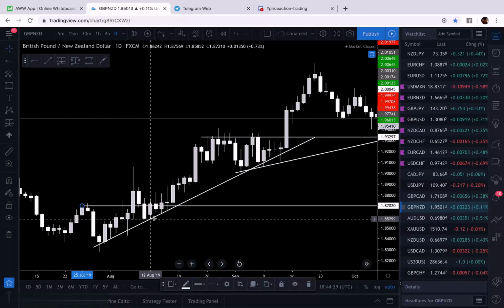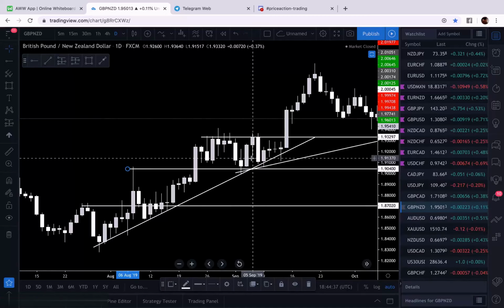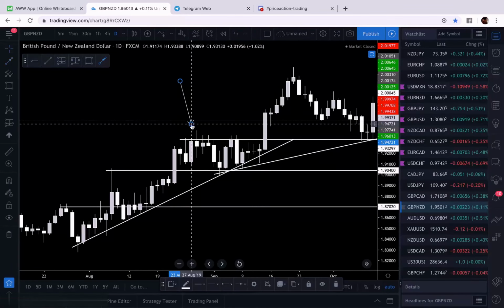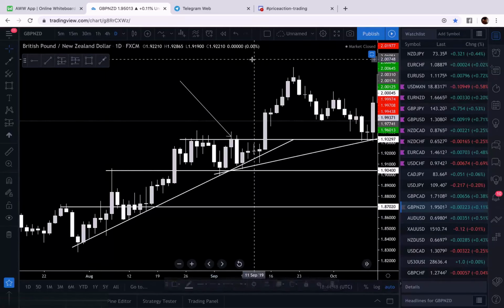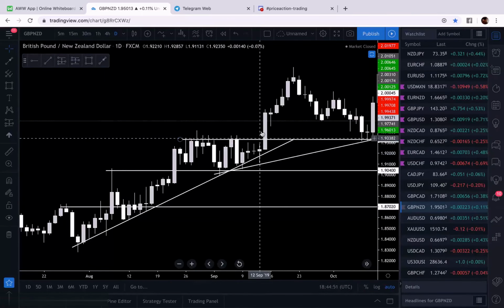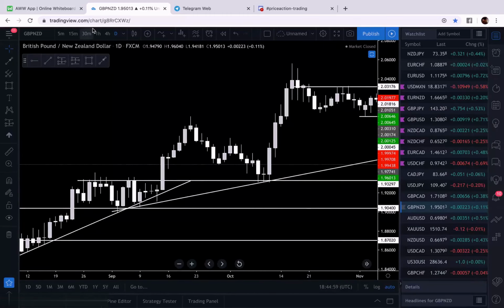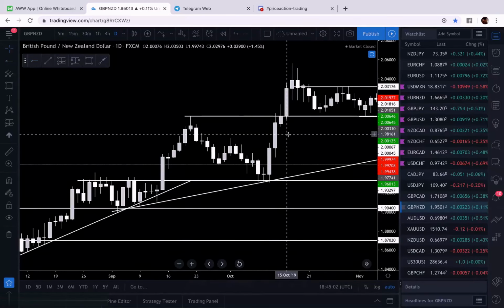tested as support, came down to the trend, tested and went up, and then price looks like it broke above that previous high right there, came down and tested it as support and started bouncing and started going up. Then price had cracked above this high right here, like that's the high, there's a second high of resistance. So price cracked above that area right there, and then as it was in an uptrend, cracked above this area and it came back and tested this level as support. So as support right here, price then bounced and it went up, then it broke this high right here. After it broke that high, it came back down and tested that high as support right there, and it started